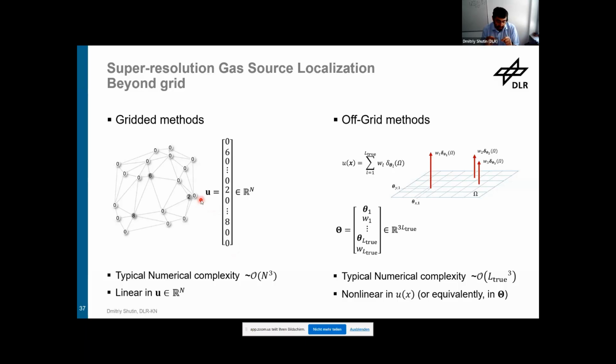And every number that we have in these vectors is an unknown. And basically, for estimating an unknown, you need a measurement. Of course, we have a regularization, the sparsity-based regularization, so we do not need as many measurements as unknowns that we have. But it's a huge number of unknowns, so we need to have a sufficient number of measurements to get reasonable estimates. So the number of measurements tends to actually grow quite fast for large models.